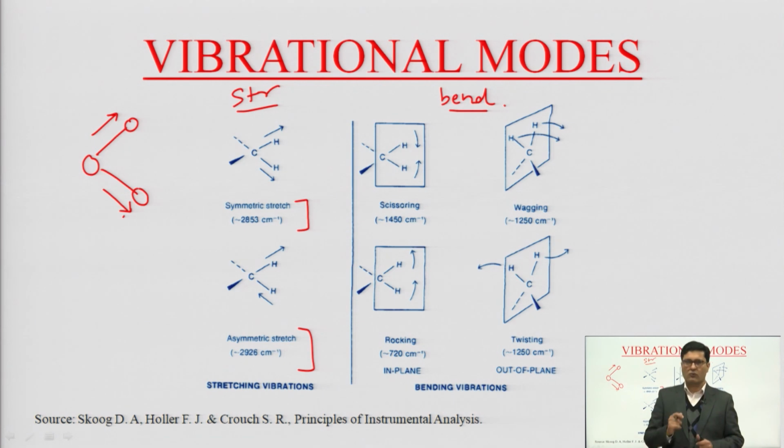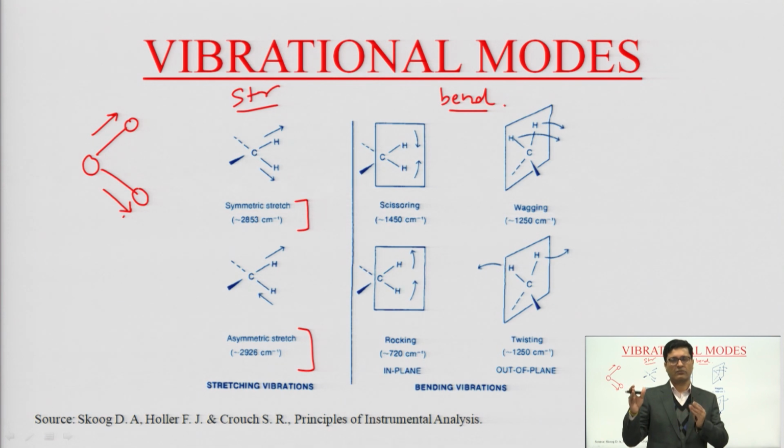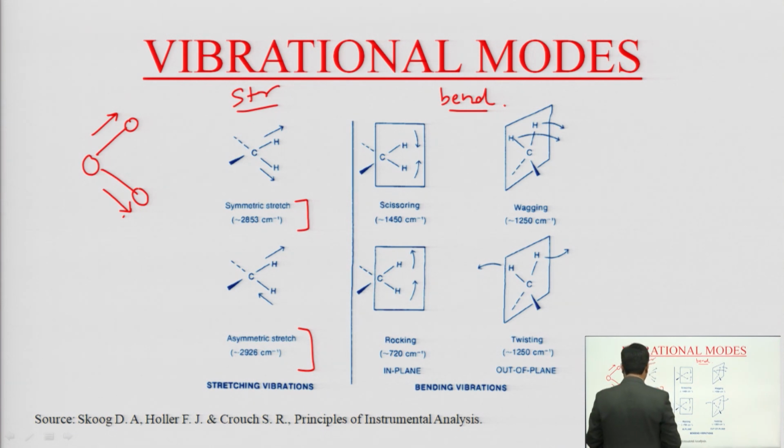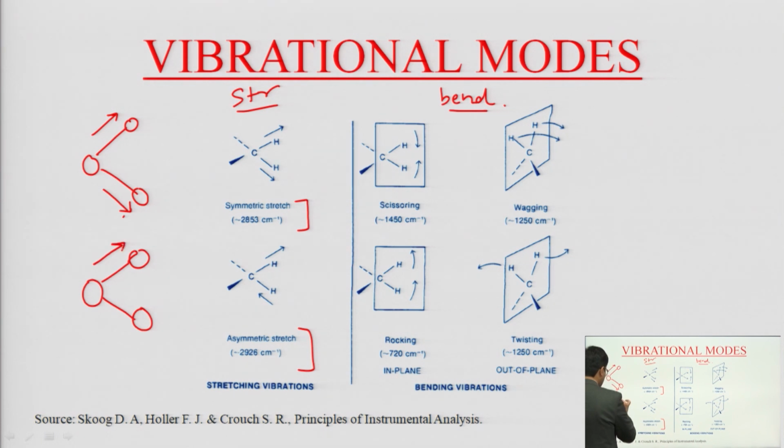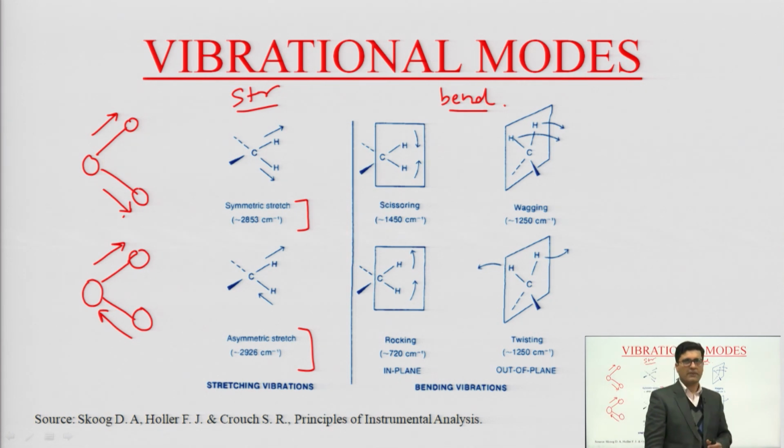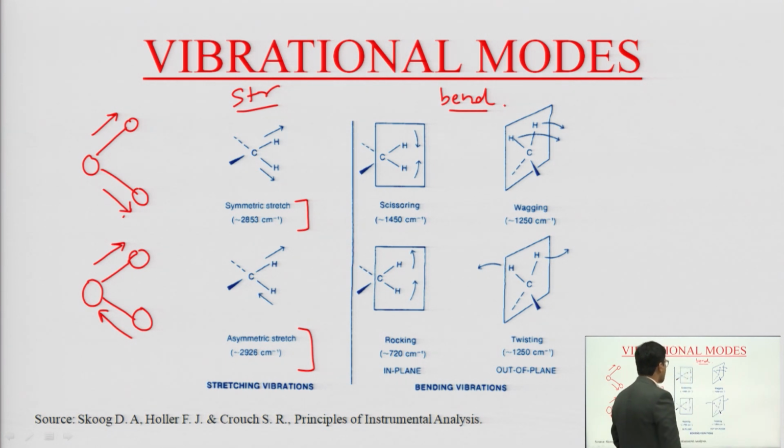But when one bond goes out and the other bond comes inward, then it is a type of asymmetrical stretching, like this. Such types of stretchings are considered asymmetrical stretchings. Now, moving on to the bendings. Bending vibrations, these two, scissoring and the rocking motions, are of in-plane type,